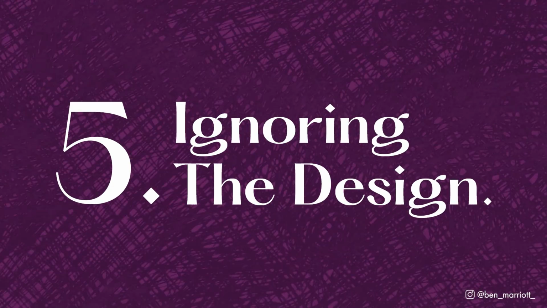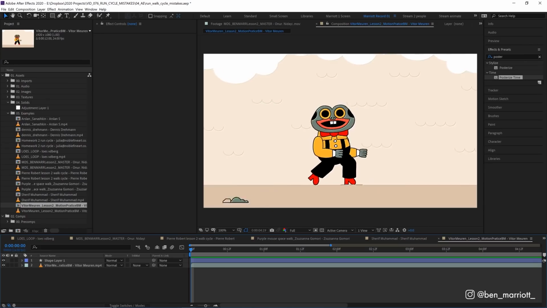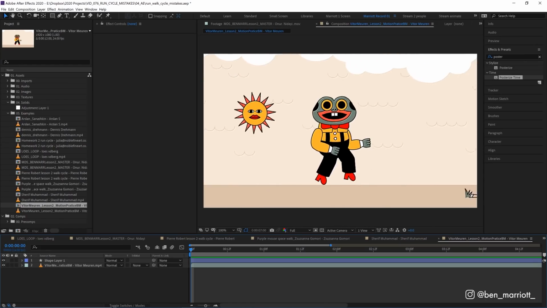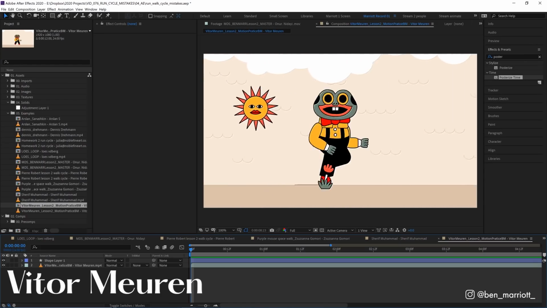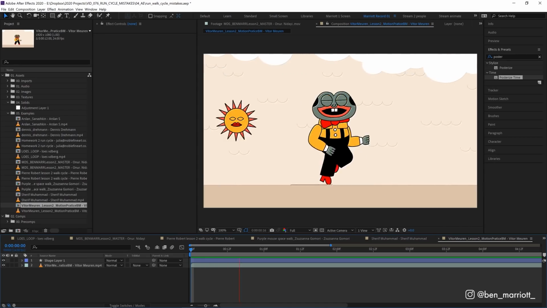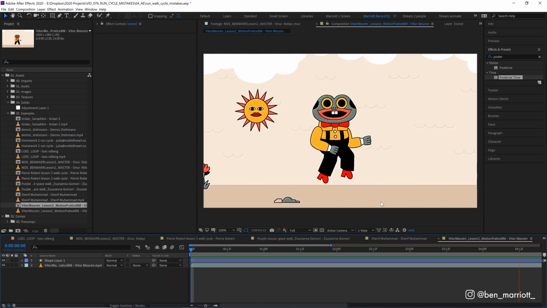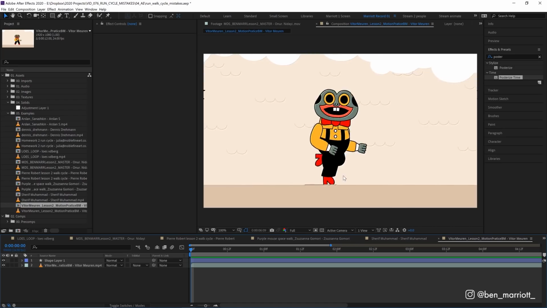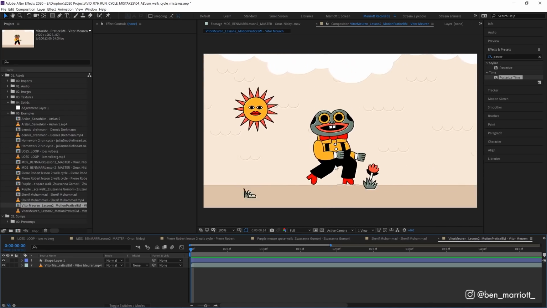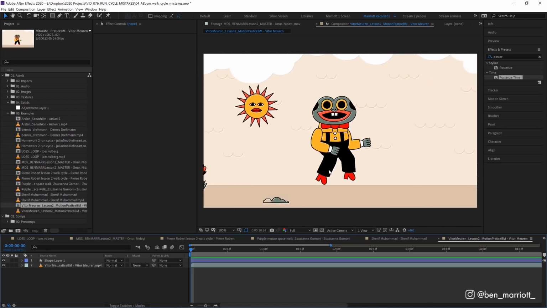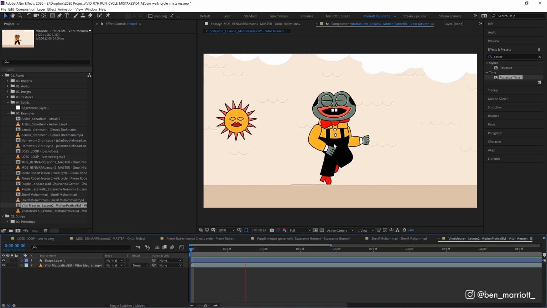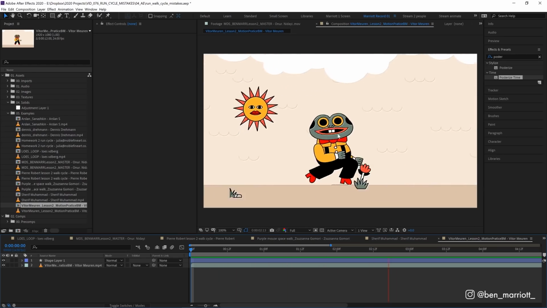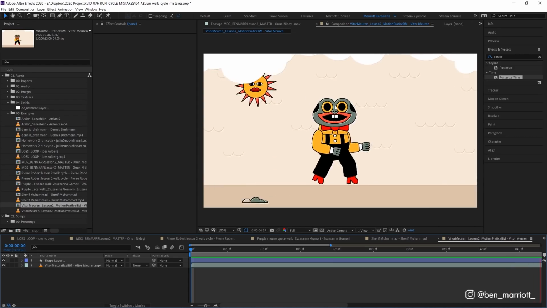Number 5, not factoring in character design. Now, this one's a bit of a cheat because this example here by Vita Murin is not making the mistake at all. They absolutely nail it. Taking this walk cycle in isolation, you might say it could be pretty janky, floaty, and weightless, but it suits the character perfectly. I love this character design, and this walk cycle matches how creepily his eyes are just looking straight into your